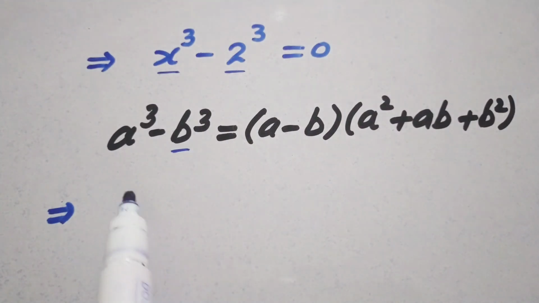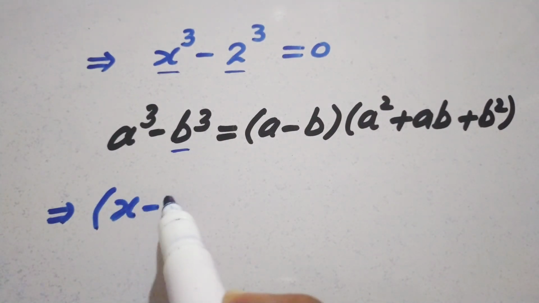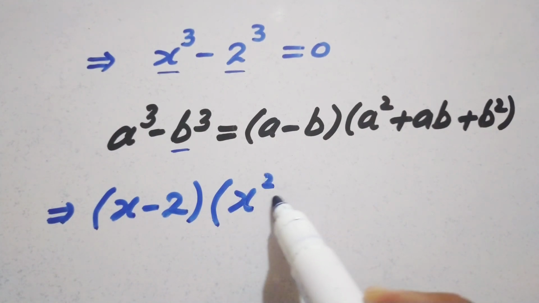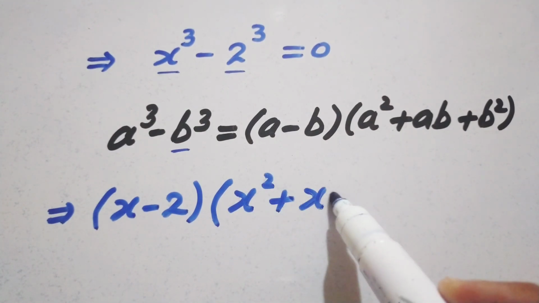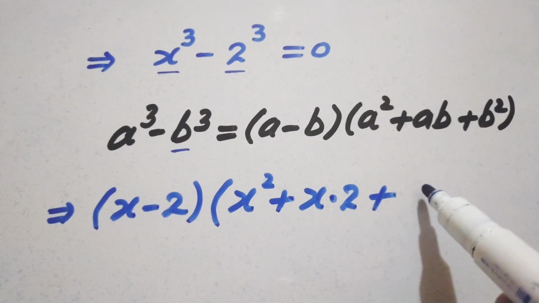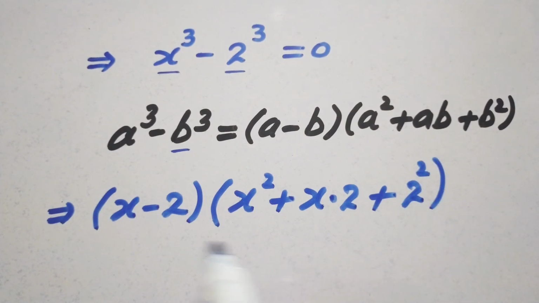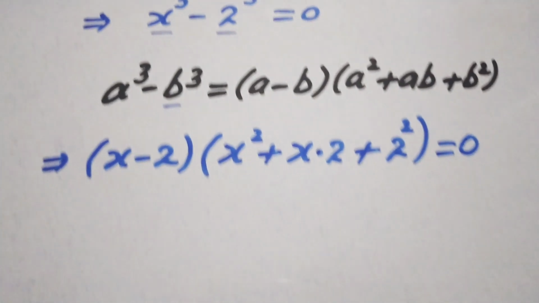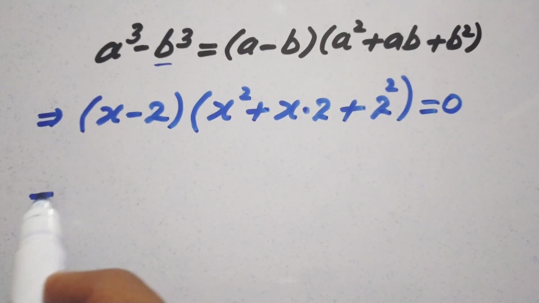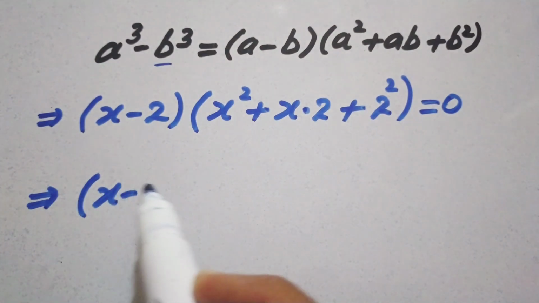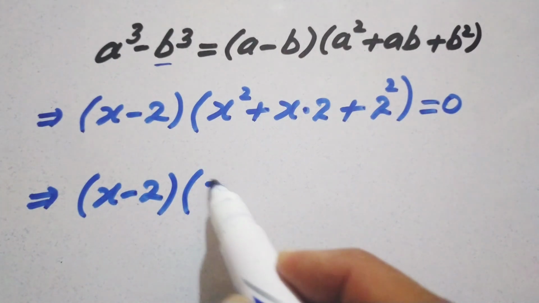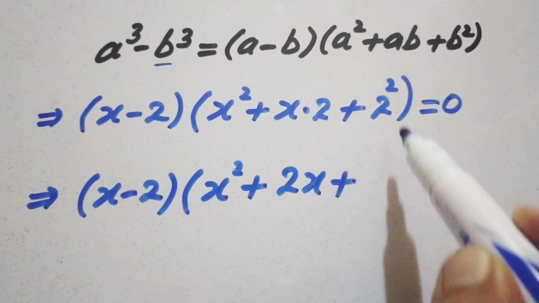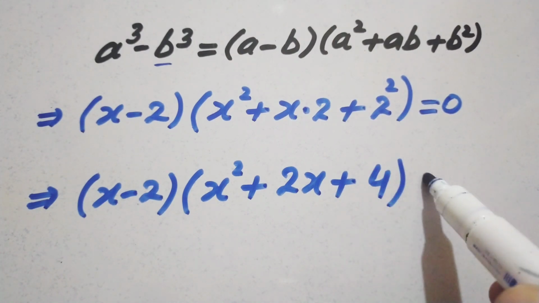So this will become x minus 2 into x squared plus x into 2 plus 2 squared, and this whole thing is equal to 0. Now this will become x minus 2 into x squared plus 2x plus 2 squared, which is 4, is equal